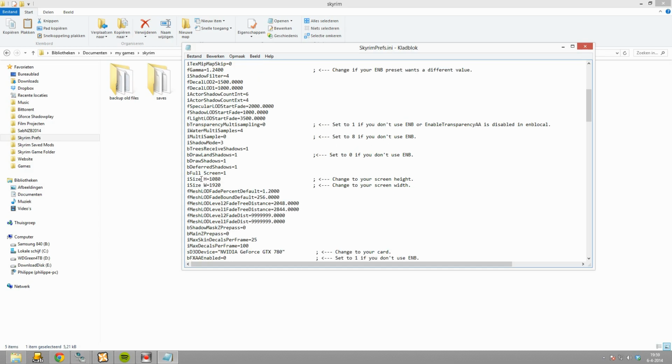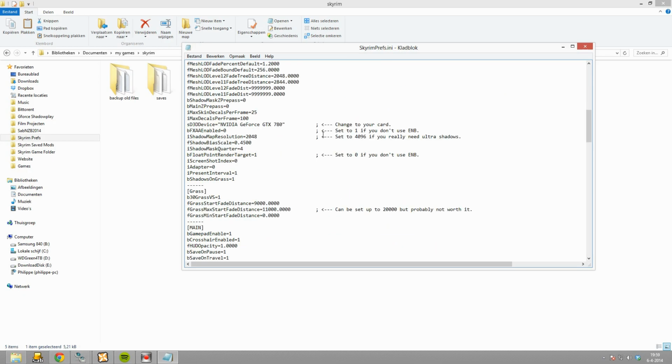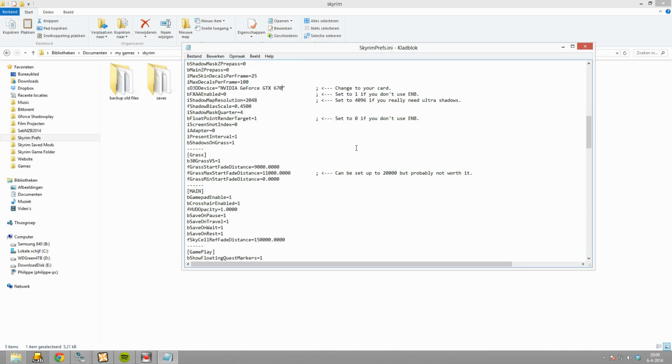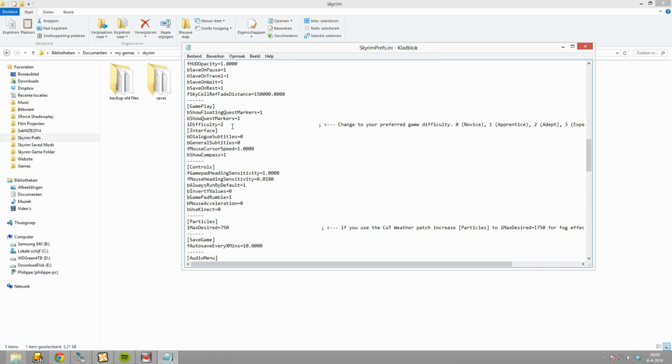Then scroll down until you get these two values. This depends on your own resolution. I also play in Full HD, which is 1920 by 1080, so I'll just leave these values. But if you play on a different resolution, make sure you change these values. Then scroll down, and you can change this value to your own graphics card. I've got a GTX 670 AMP Edition, so I just changed the value to NVIDIA GeForce GTX 670. Let's scroll down, and here you can change it to your own difficulty if you're using